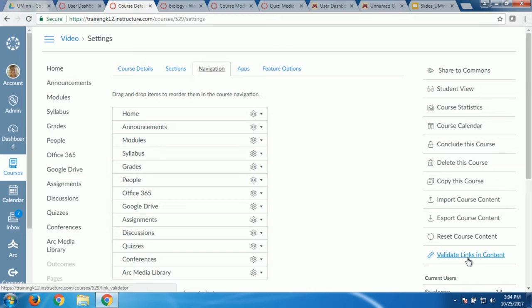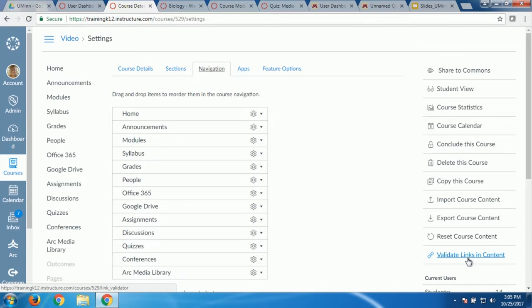Really, though, I want to point us to the right-hand side and just say, number 1, don't forget student view in settings. Number 2, there's this magic validate links. If you're getting content from Moodle or you have old content, there's a way for this to scan your whole course and see if you have any inactive links for students, and it lets you go fix them. Really useful if you have a lot of stuff in your course, especially when you're copying stuff over.